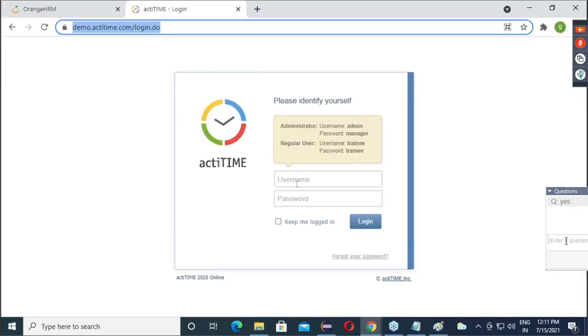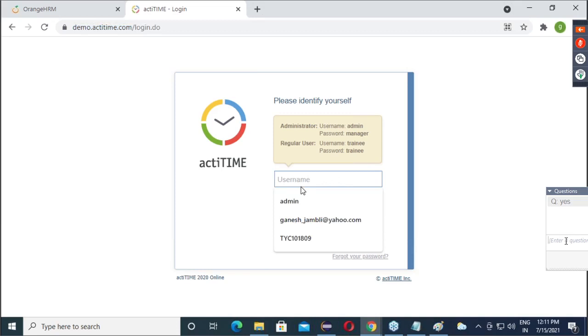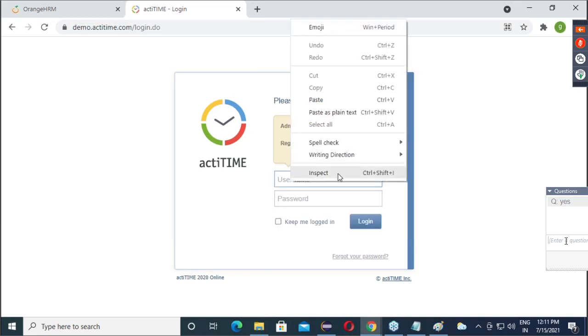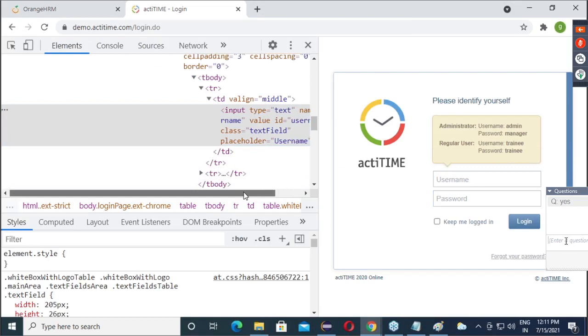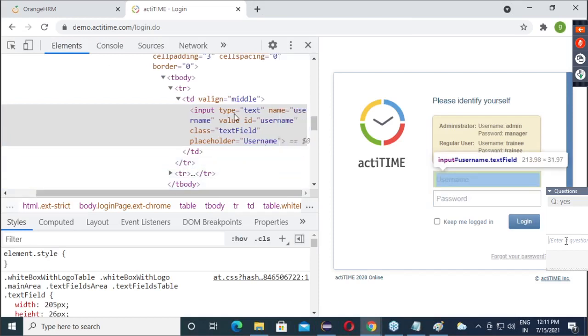Now here, pay attention. We want to enter the username. So obviously same approach, guys. Right click, inspect. I am getting HTML code. How many things are available here?